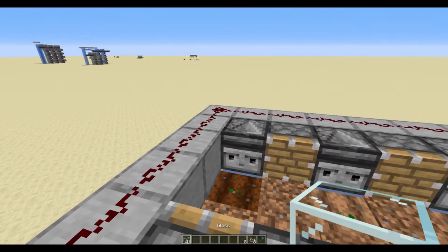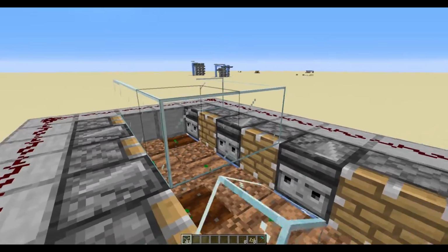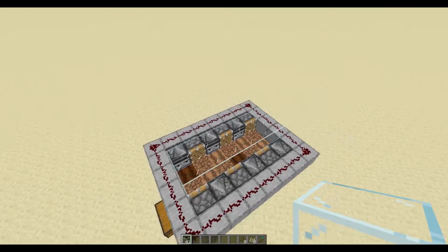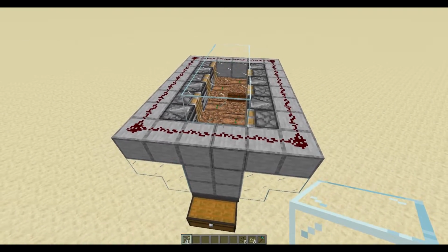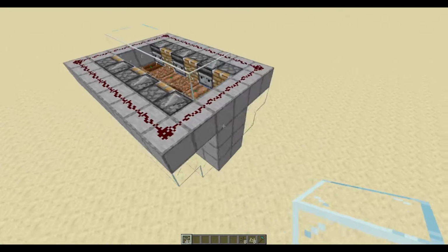And our final step here to make sure that we don't lose anything is we're just going to take and put some glass over top of the entire system. Just like so. And with that, ladies and gentlemen, you are done. You have a completed, fully automated pumpkin and melon farm ready to go that should be relatively easy to build